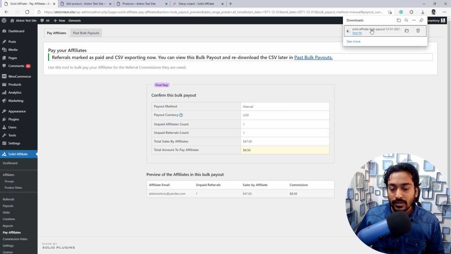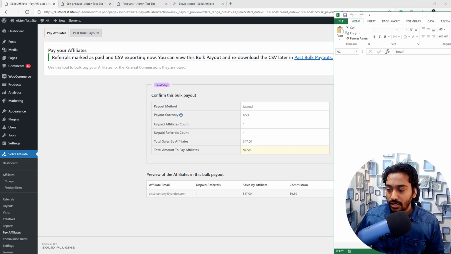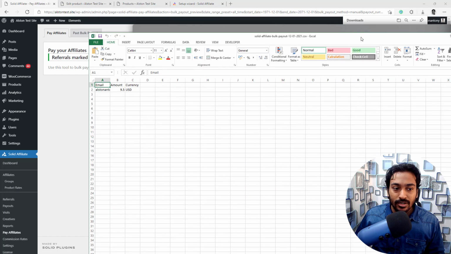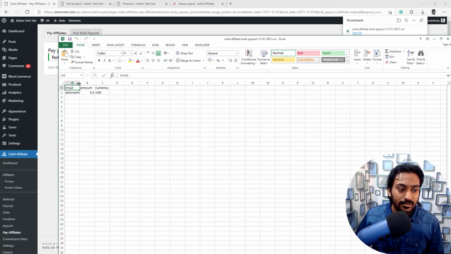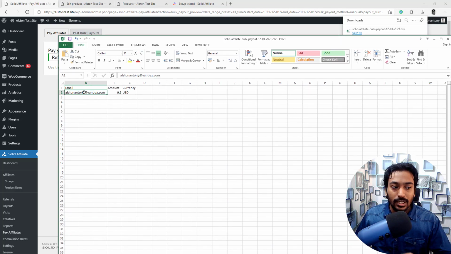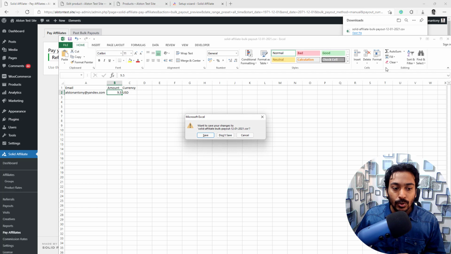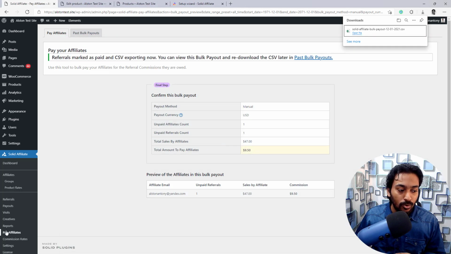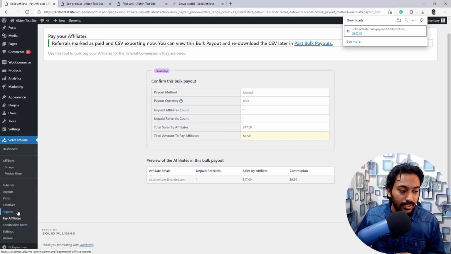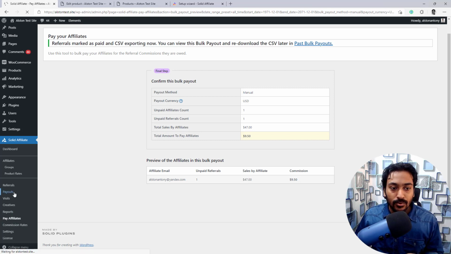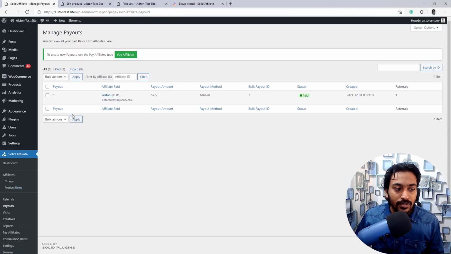Now if I open up this particular Excel sheet, let me show you the data, and you can see I will get something like this, where it gives me the payout email I need to pay and the amount I need to pay. So depending on that I can do the payout. And if I now go into the payout section in here, for example, where is the payout here? If I go into the payout section here, now I will say that I have made the payout for this particular person for this particular amount.